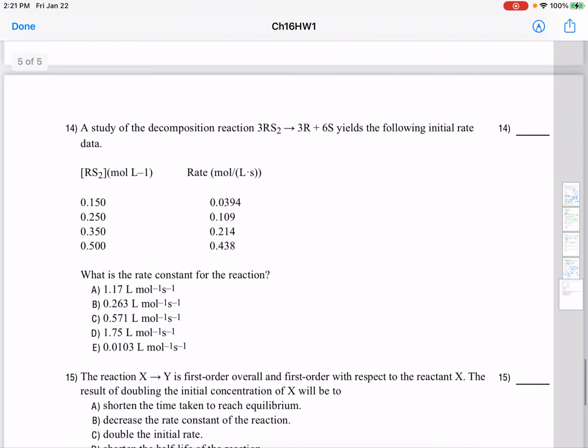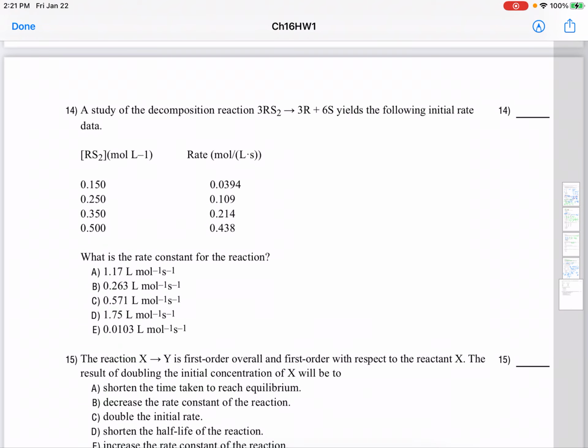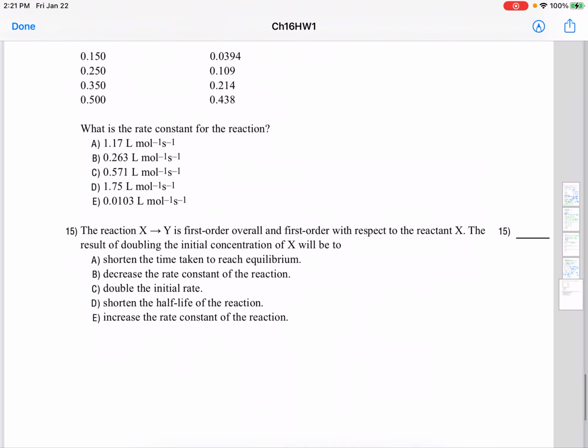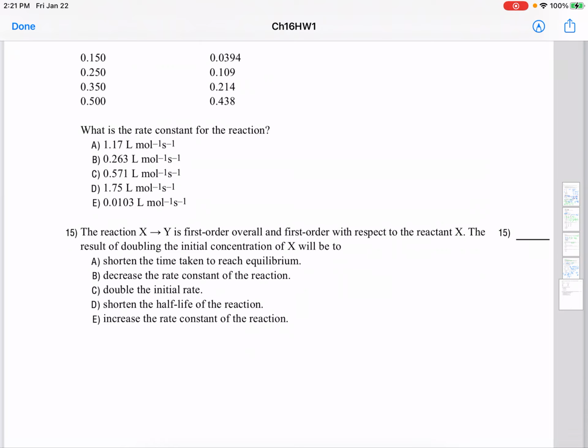Okay, number 14. A study of the decomposition reaction yielded the following initial rate data. What is the rate constant for the reaction? Number 14 is pretty much similar to what we did in number 13, so you guys can do that too. And number 15, the reaction X goes to Y is first order overall and first order with respect to the reactant X. The result of doubling the initial concentration of X will be